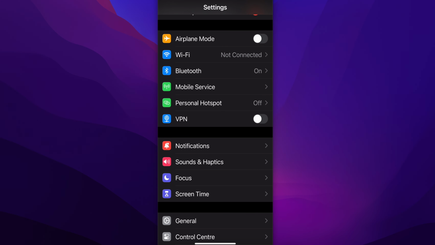Now, if they can't connect to it, what you're gonna have to do is simply restart your phone and the person that tries to connect to the phone. So after you restart your phone and you try again to connect it, and if it still doesn't work, what